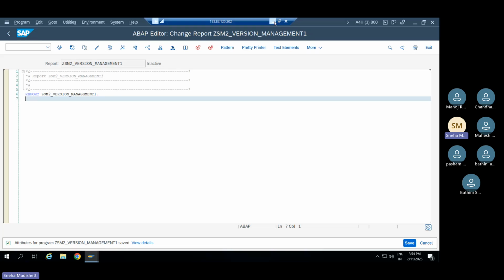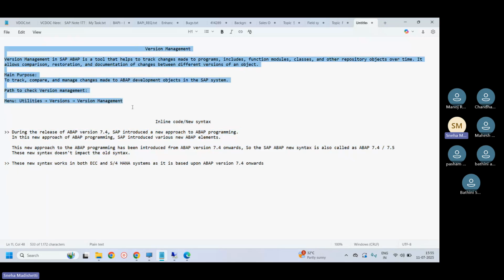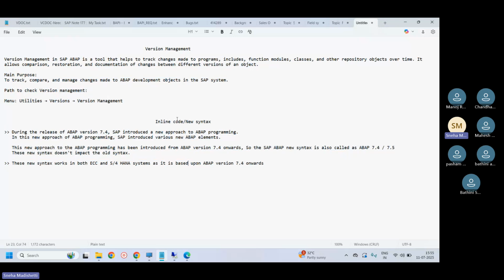So here only I will complete this inline declaration so that I can tell you at the same time this topic as well as this topic. This is the additional topic which I'm going to explain, even version management also. Till now we have created programs. If you want to create an internal table, we used the data keyword. Before we create an internal table, we used to create a structure, right? So this is the way we created internal table work areas. If you want to create a structure, first we used to create it with the help of the types